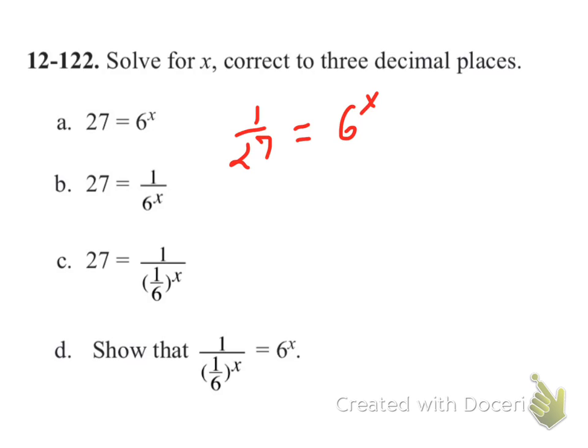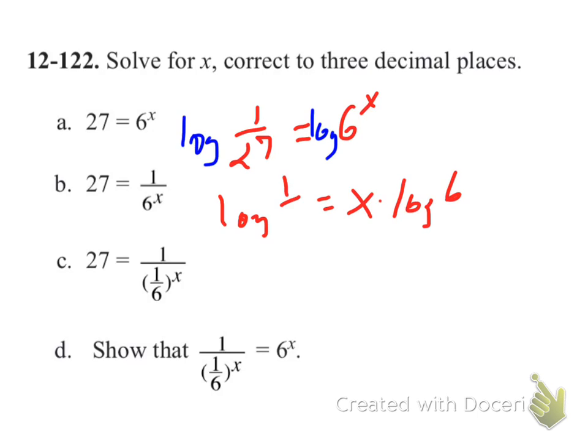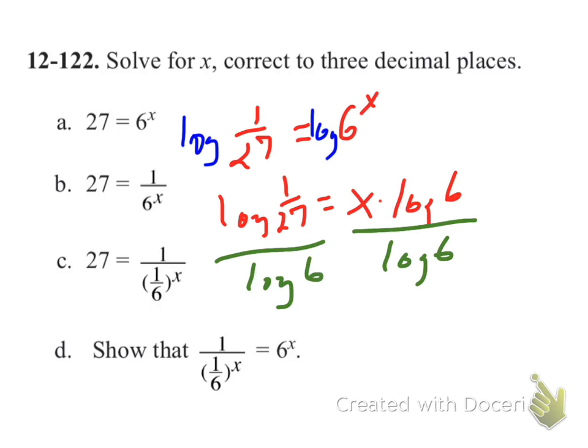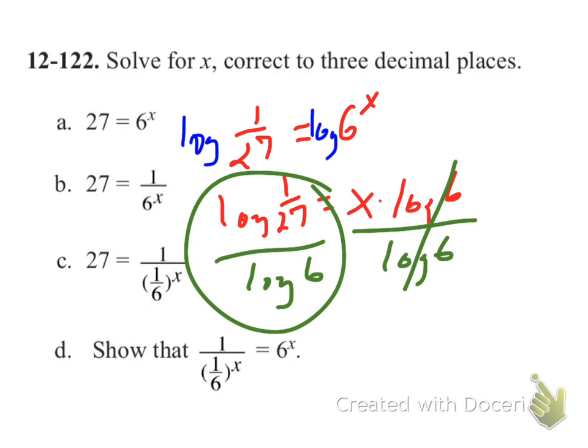So now what I'm going to do is once again do logarithms. So log and log. I'm going to follow the same steps as before. So I'm going to get x times log of 6 equals the log of 1 over 27. Divide then by a log of 6. Giant 1 here. Put that in the calculator, and this time x equals a negative